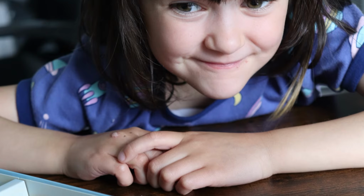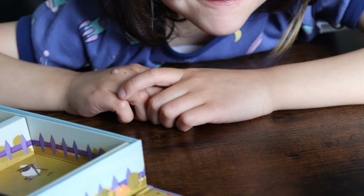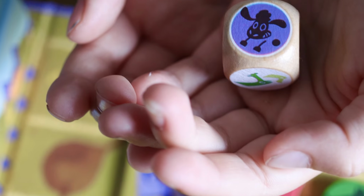So this game is super adorable. It's super fun. This is probably one of the most played games in my house over the last year because of how much my little bean has enjoyed Sheep Hop. I wouldn't say that it's one that I would necessarily bring out to play with just adults, but there's enough going on there that adults are going to be engaged in the game. They're going to have some, as I said, quality choices to make along the way,